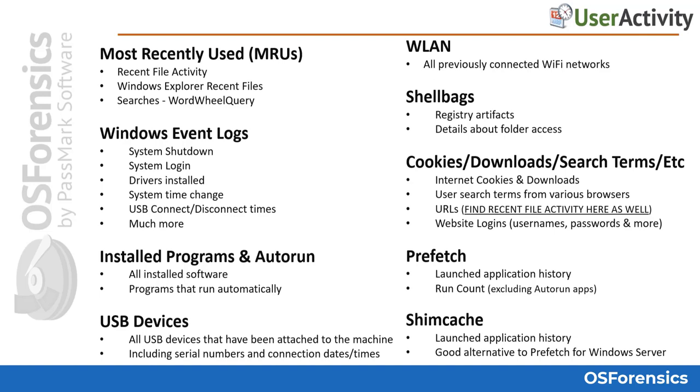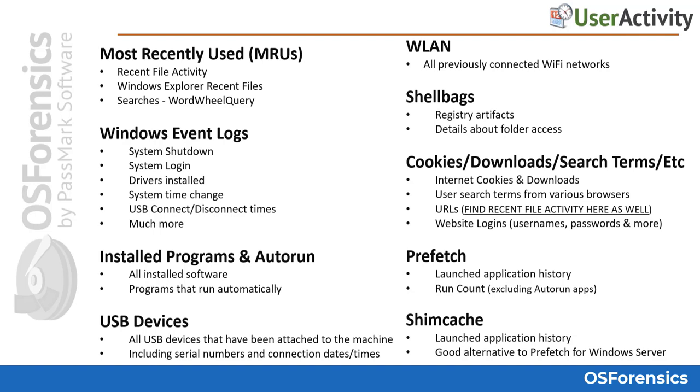So we'll look at prefetch a little later in the course in more depth in a separate module, where we have a particular viewer set aside for prefetch artifacts, but it is a very valuable resource for determining if particular software has ever been run on that particular system. So in addition to last run time and run count, how many times the application has been run by the user, the run count number does not account for any auto run launches of the application, so keep that in mind too. Also, for more recent versions of Windows, you'll see date and timestamps for the last 8 previous